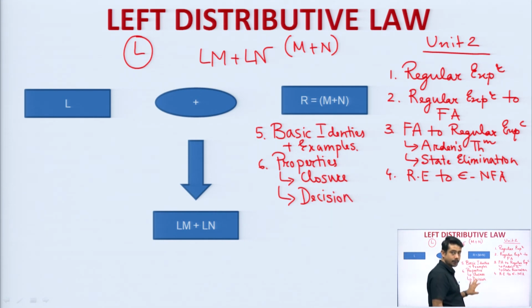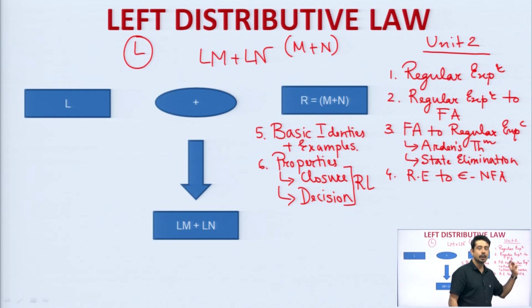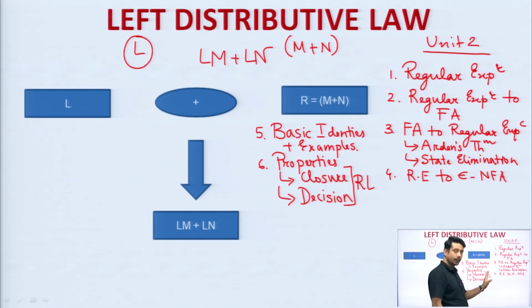If you can understand these two properties, they are applicable for all regular languages. If you know regular languages, regular expression, and then finite automata, everything will be similar. And finally, we need to understand how to identify